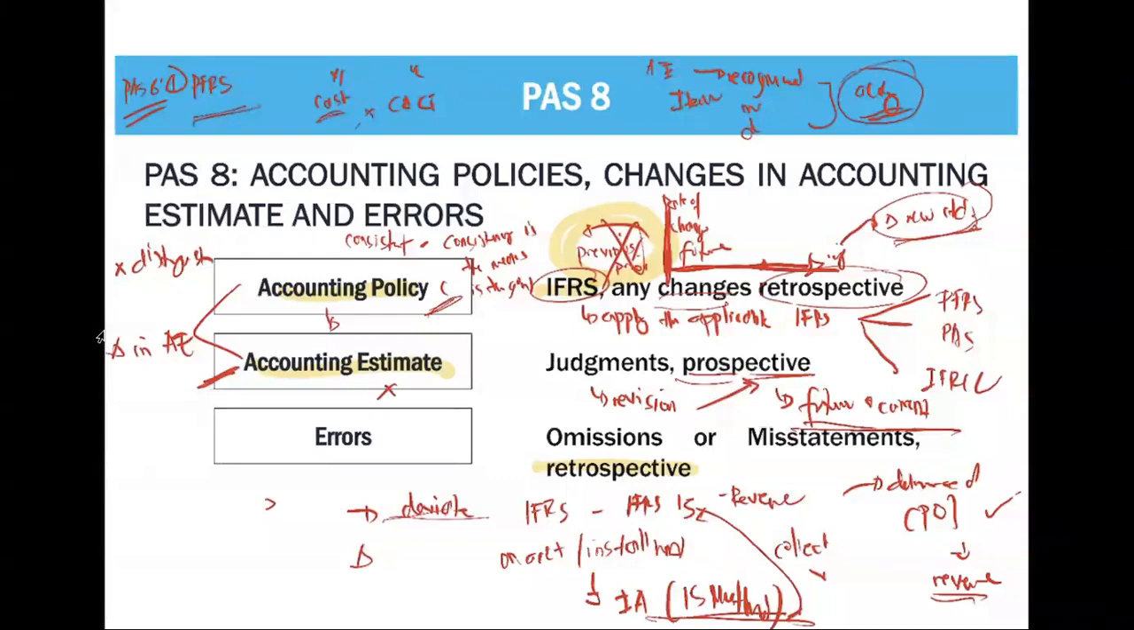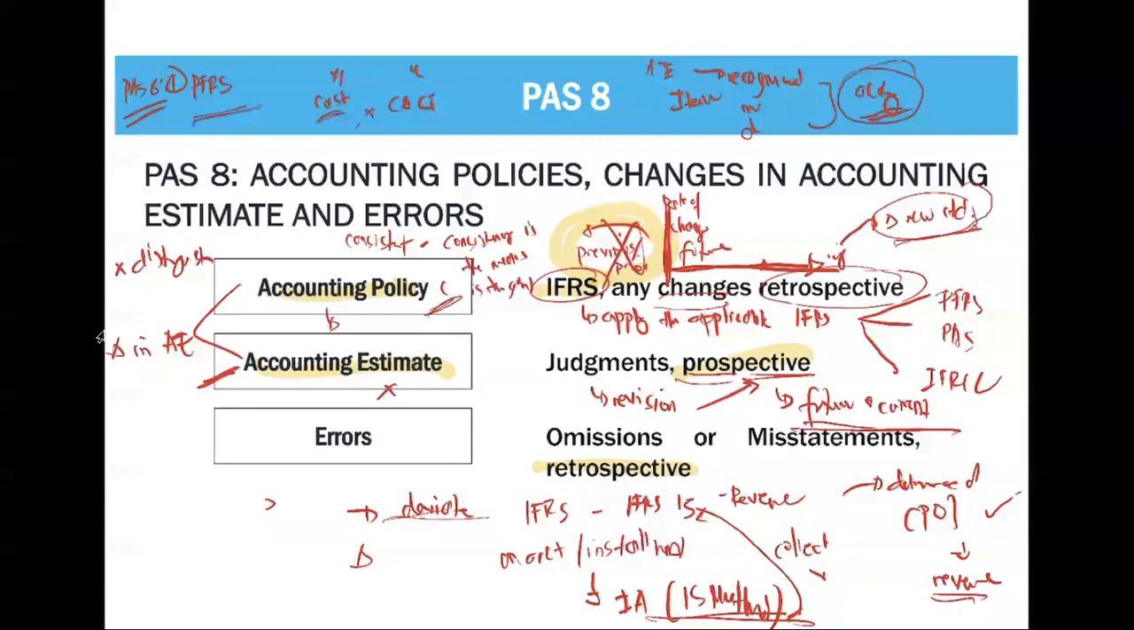Okay. So in Part 8, what we learned: accounting policies. If there is a change in accounting policies, retrospective. And when we say accounting policy, that pertains to IFRS. Next, accounting estimate. This pertains to judgments. If there is a change as to your judgment or a change as to your accounting estimate, you